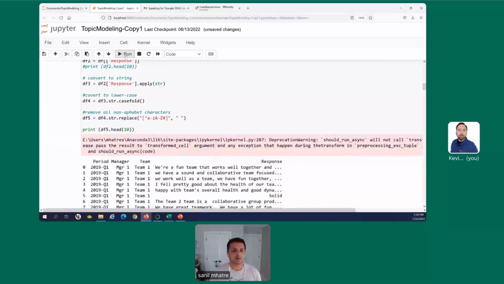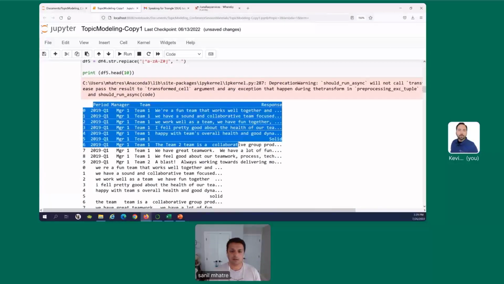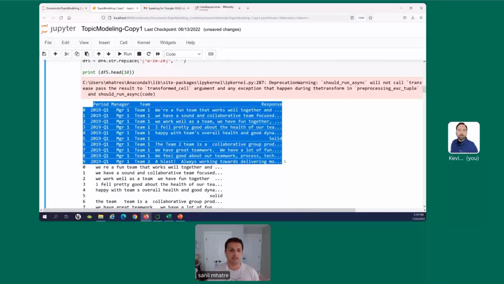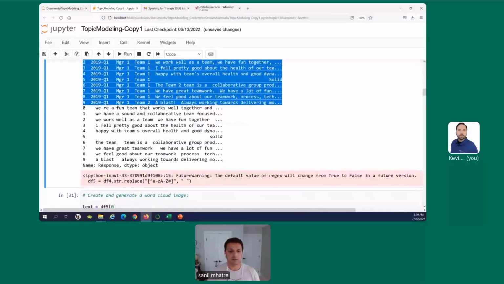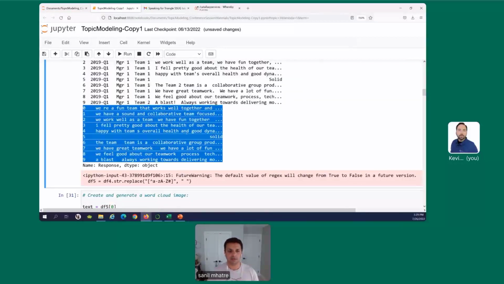So let's run some of these basic transformation steps, and you'll see the top 10 rows of the data frame before we apply transformation. It has the same 4 columns that the Excel spreadsheet had. And then the next 10 rows are after we have applied the transformations.